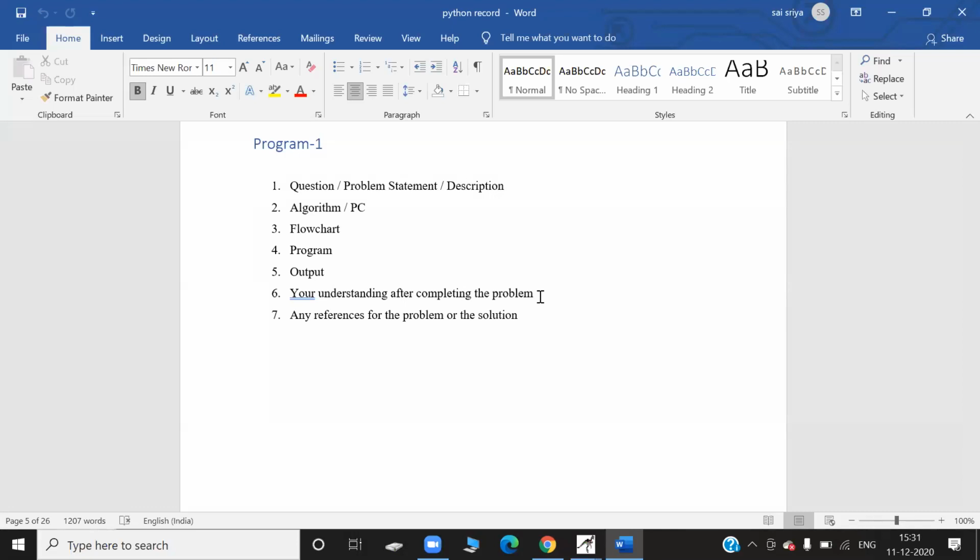And the 7th one is any reference for the problem. Maybe you can write like, Kranti Kiran sir has given this problem, or from where the ideas I have got. So references in the sense you are referring to somebody from where you got the ideas or hints or the problem itself. So this is the template of your particular record.